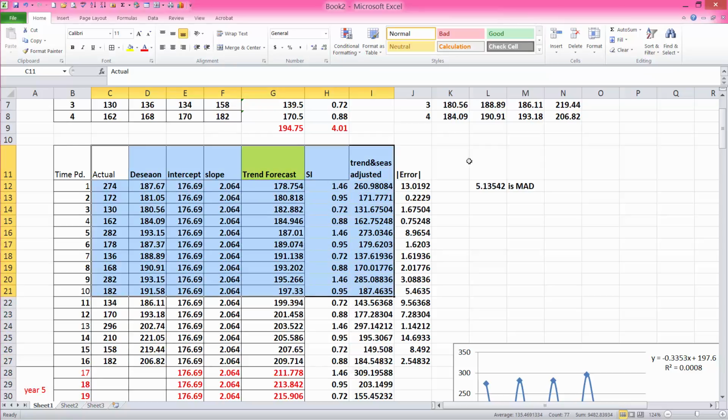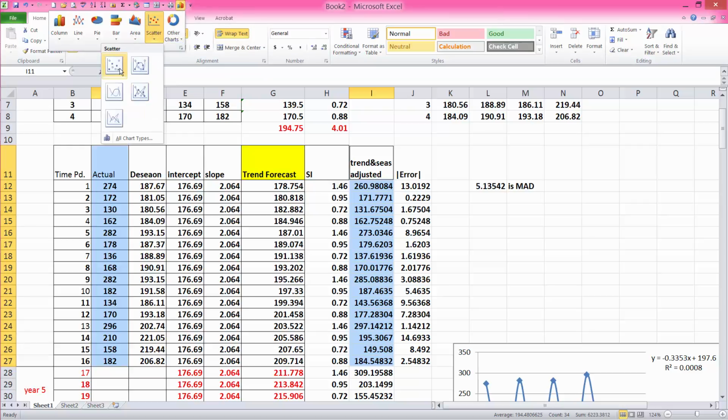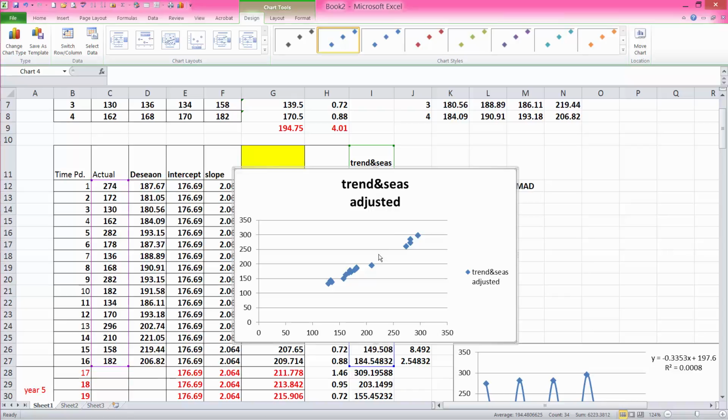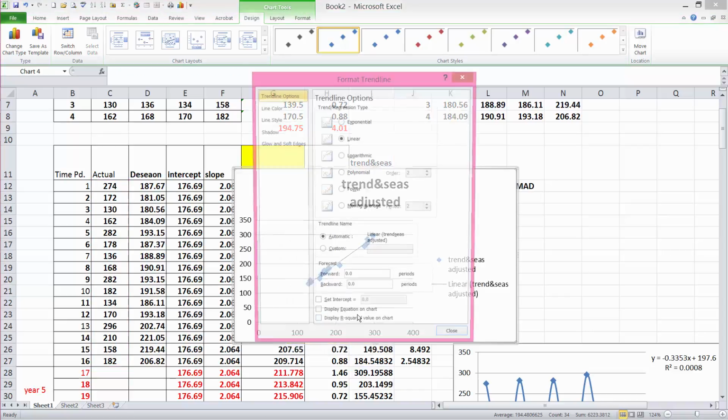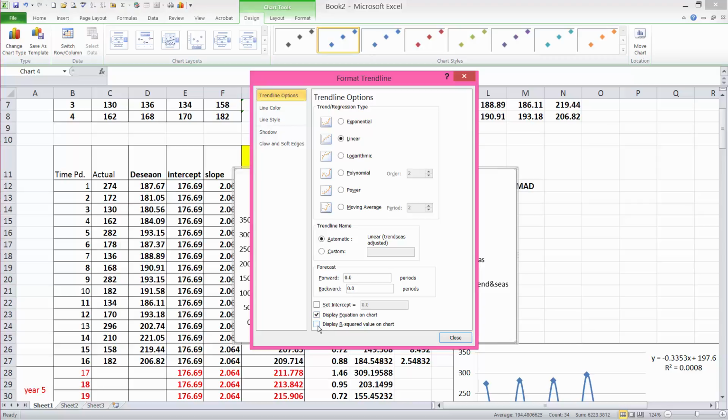Oh, here's my actual and here is my, I want to know where I stop right there. And if I were to do another scatter diagram, but this time I don't want to do a line graph because it's going to be all jagged. I truly want to have a scatter diagram. And if I were to put a trend line to it and display the equation